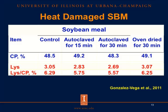We also determined the crude protein concentration in these different samples, and we can see here that there was no change in the total amount of crude protein that we analyzed in the samples. However, when we analyzed lysine, we saw a reduction in the 2 autoclaved samples. We had 3.05% in the control